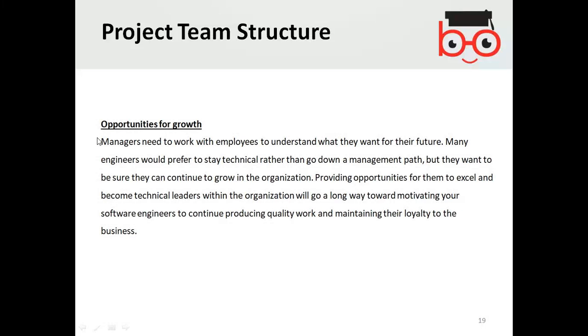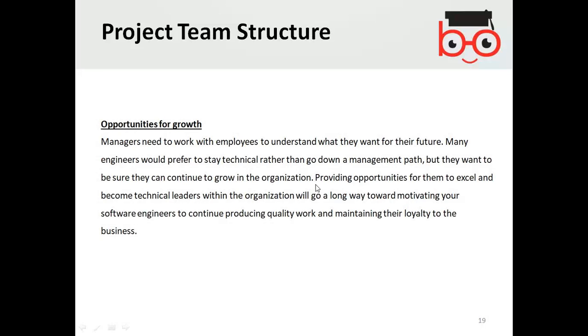Opportunities for growth. Managers need to work with employees to understand what they want for their future. The project team should have an opportunity to grow. Many engineers would prefer to stay technical rather than go down the management path, but they want to be sure they can continue to grow in the organization.